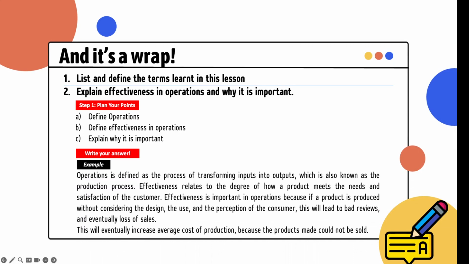So operations is defined as the process of transforming inputs into outputs, which is also known as the production process. We have learned this before, yeah? Effectiveness relates to the degree of how a product meets the needs and satisfaction of the customer. Effectiveness is important because if the product is produced without considering the design, the use, the perception of the customer, this could lead to bad reviews and eventually more than bad reviews, basically loss of sales, right? This will eventually increase the average cost of production because the products made could not be sold, right? So this is an example. Now you go on and try